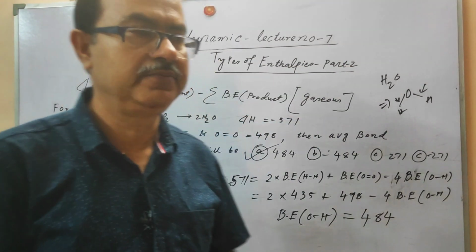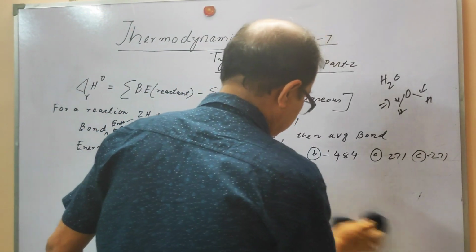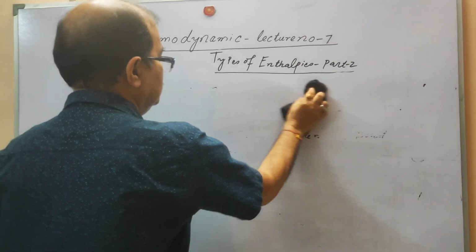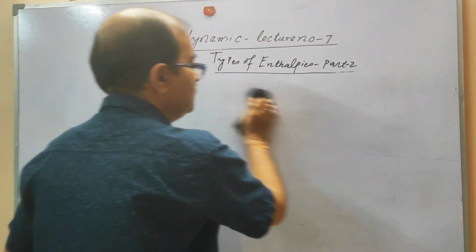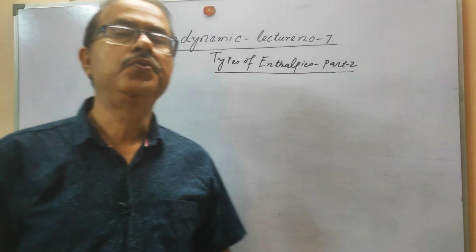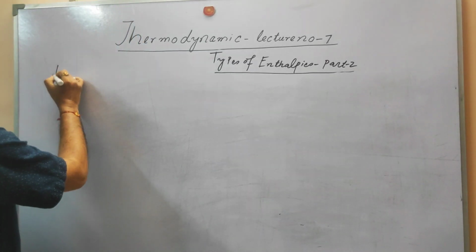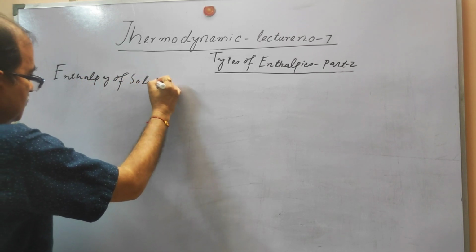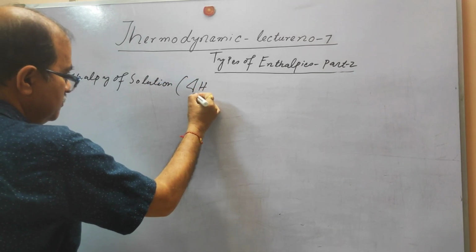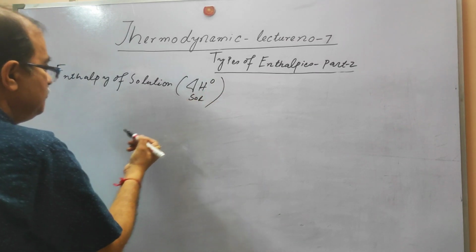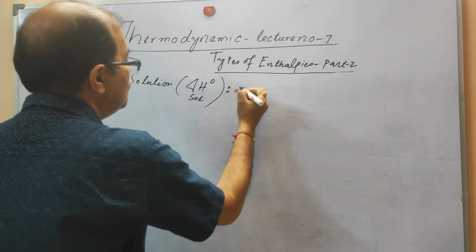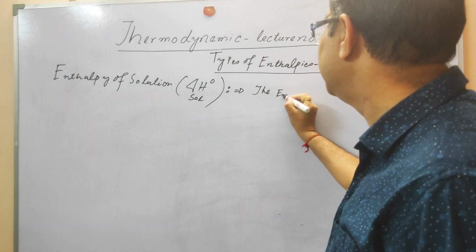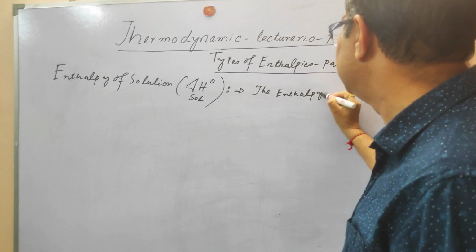Now we are going to discuss a very important enthalpy, that is the enthalpy of solution. It is represented as delta H solution, and for the standard we have to put this symbol. What is the enthalpy of solution? Enthalpy of solution is basically the enthalpy change